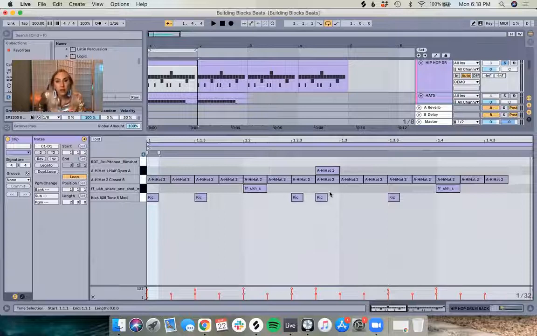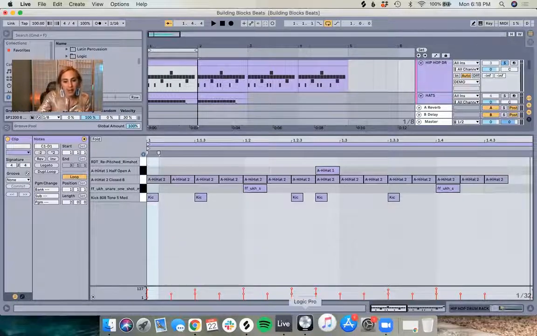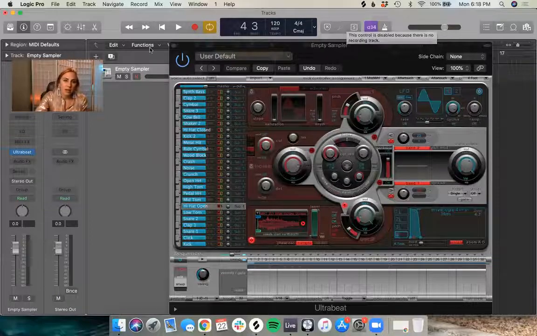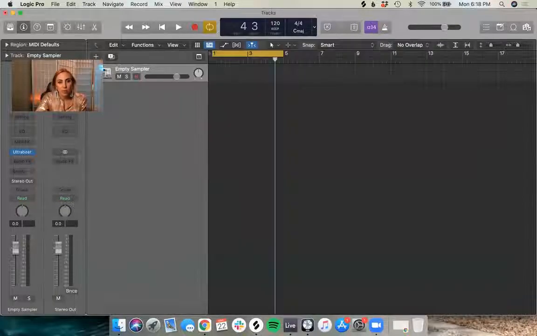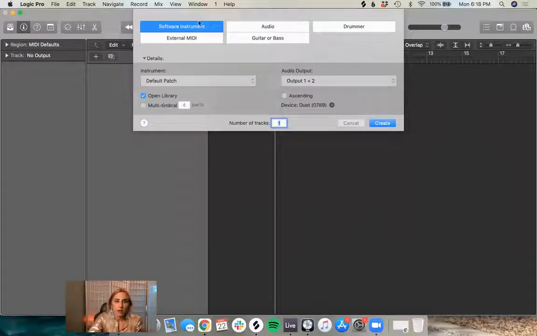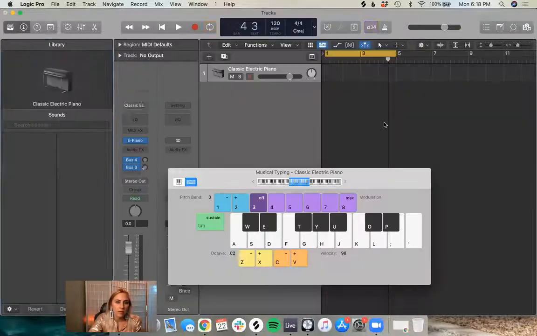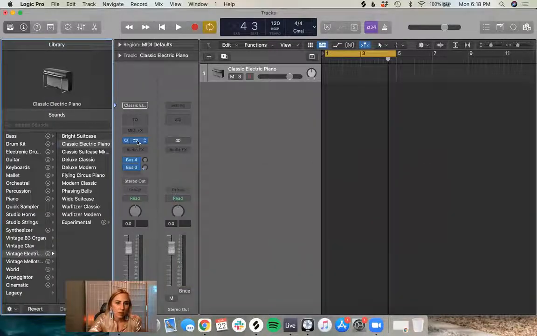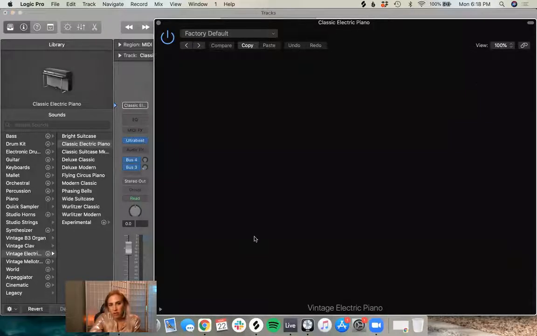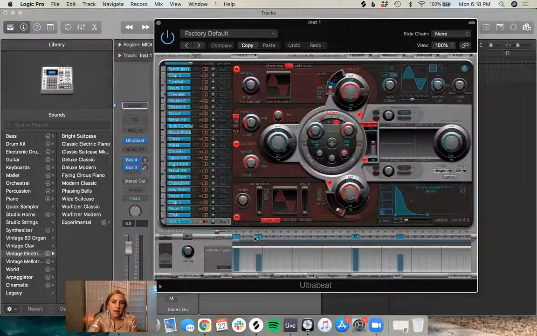Now, what this could look like if you're building something like this in Logic is that you could pull in an Ultrabeat. Ultrabeat is like a sampler drum machine. So you could open up a software instrument, click on the plugin devices for instruments, go to Ultrabeat drum machine, stereo, boom, there it is. Now, if we were to play this,